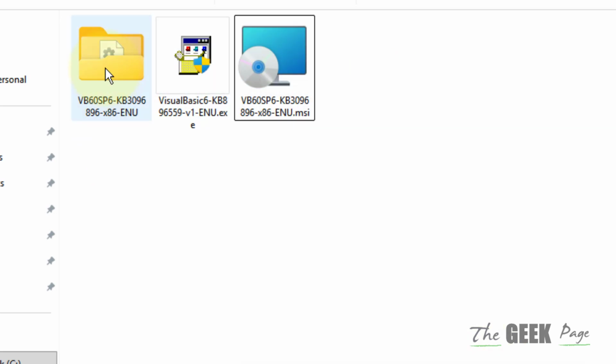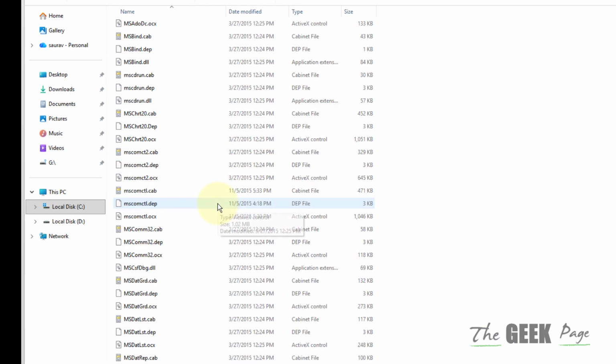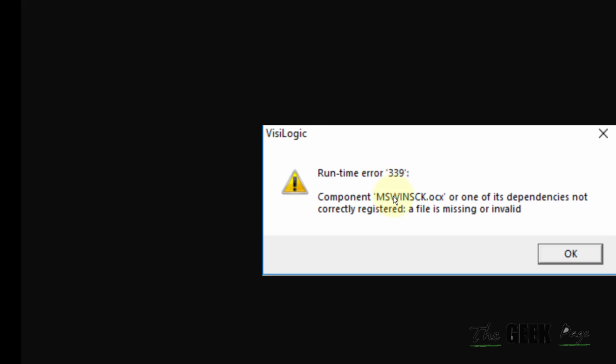Once you have extracted it, go inside this and try to find that particular file which was giving you the error. Let's assume this is the file. Just note down the name and copy the file. Now you have to